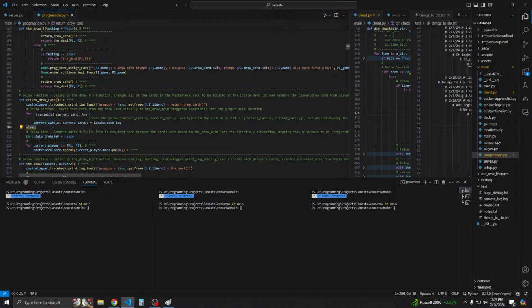We want whichever thread is transferring the card group data, the larger data, we want it to block the other thread while it does that. And another way to do that would be